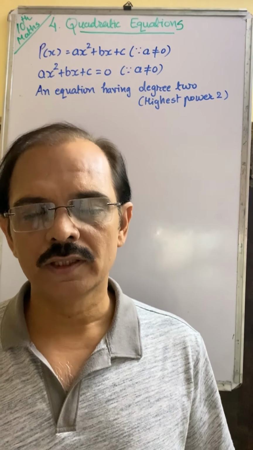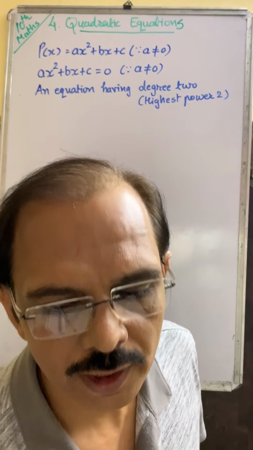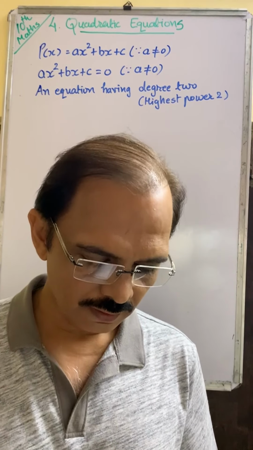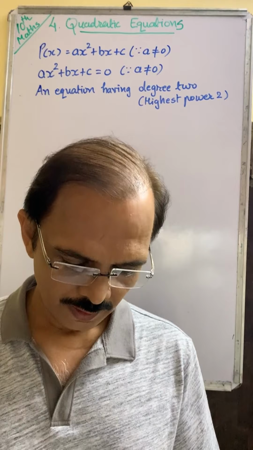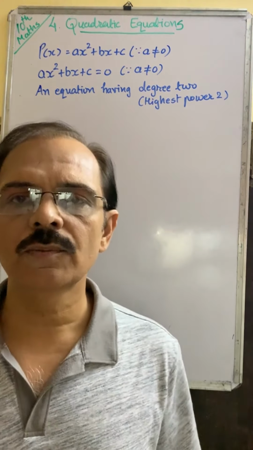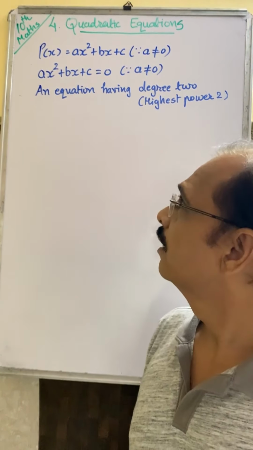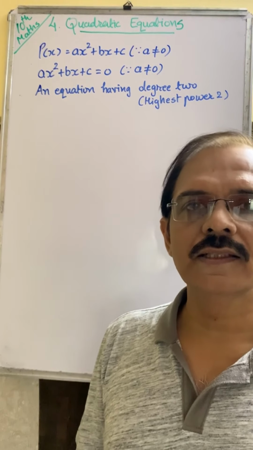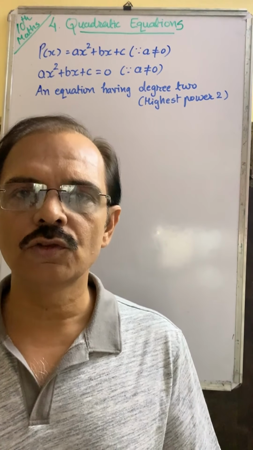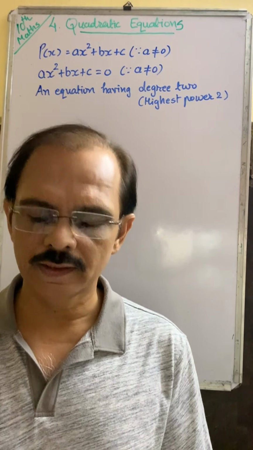What do you mean by quadratic equation? I mean, how can you find a quadratic equation? So take out your textbook, page number 70. There is a chapter, quadratic equations. Here it is written, standard form of quadratic equation: ax square plus bx plus c equals 0, where a is called the coefficient of x square, b is called the coefficient of x, and c is the constant term. Okay, and the condition for a quadratic equation is a should not be equal to 0. You know that if a is 0, then it will turn into a linear equation.